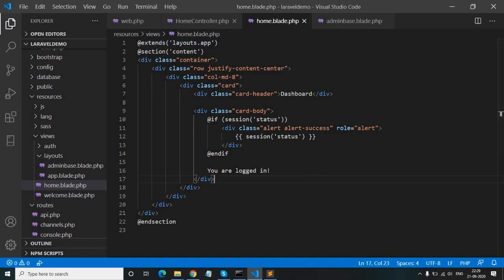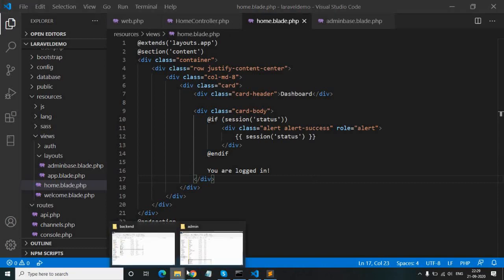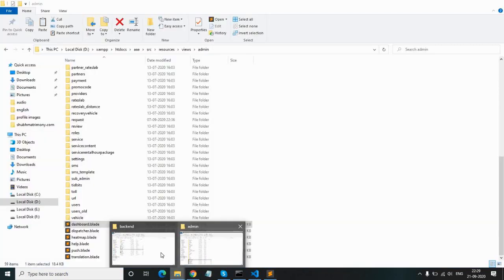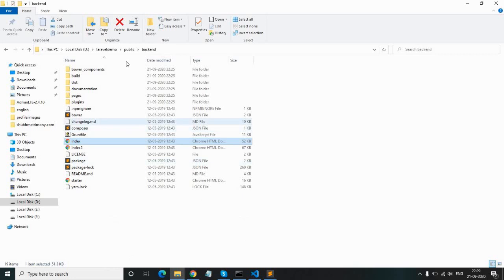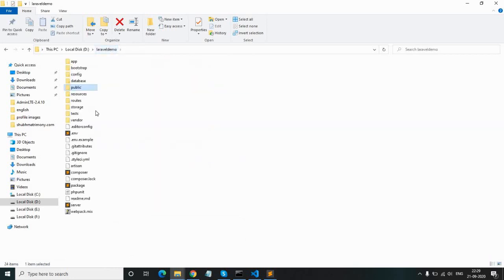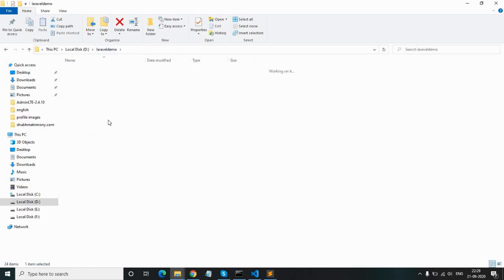For this we will go to the layouts folder inside view. So we will go to the Laravel demo project, and inside resources, inside views and layouts, copy this, paste it and rename it admin base.blade.